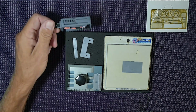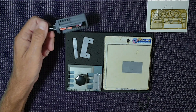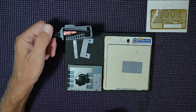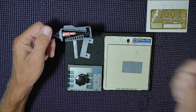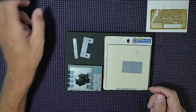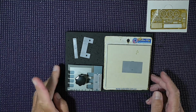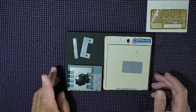This one here is the only other option I have. It's called Sticko Gel, and unfortunately when you touch a piece onto that, it gets all stringy. It just comes off really stringy. I can't use it. It's no good at all. So that's gone. So what I am going to do is buy some Icky Sticky glue, which is my go-to